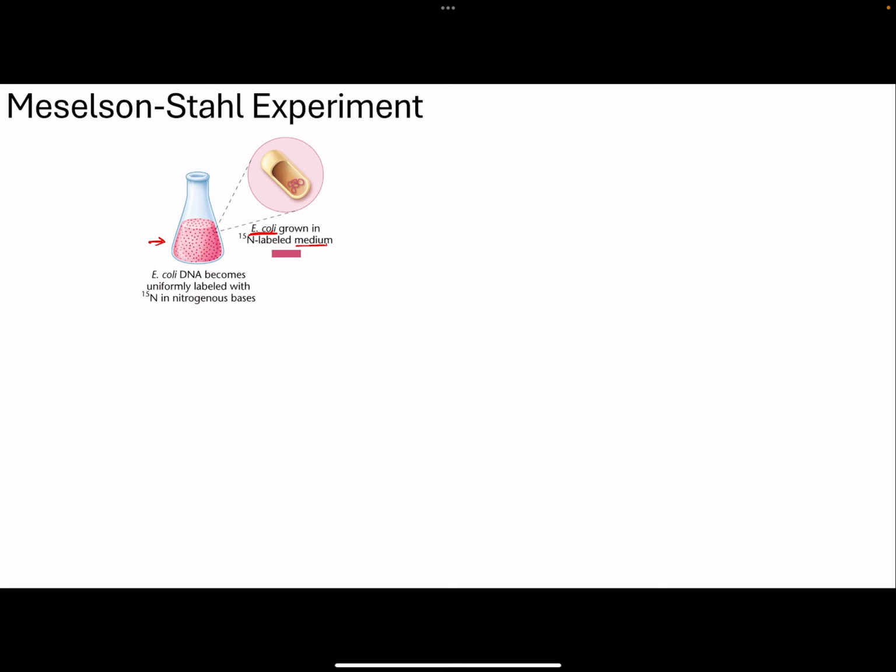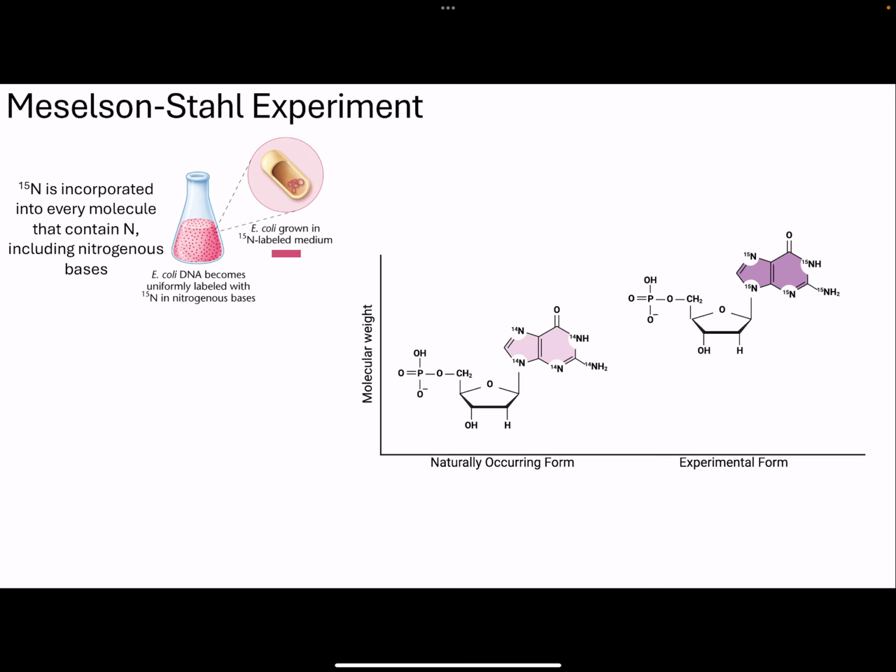And this is particularly relevant for this experiment because the type of nitrogen that was included in this growth medium is a special kind that's not normally found in nature. So N15 is a heavy form of nitrogen that literally makes the molecules that use that type of nitrogen heavier in comparison to the molecules that are made using normal nitrogen, or N14. So as this strain of E. coli grows and divides in this N15 labeled media, every time DNA replication happens,